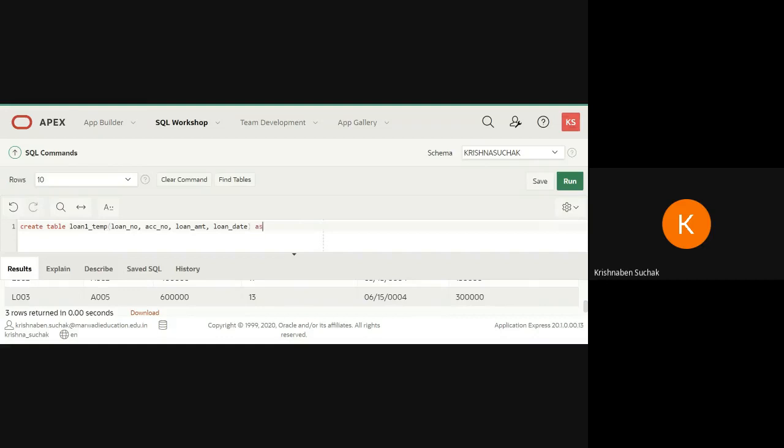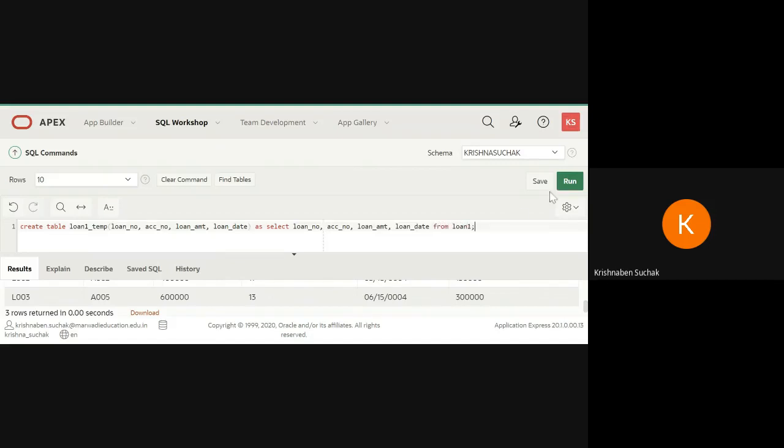Okay, select. And again we have to write all these things because we are going to copy these columns from table loan. So here I am writing all these again. Then I have to mention from where, from loan1.